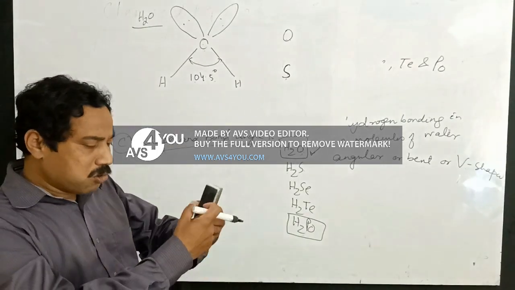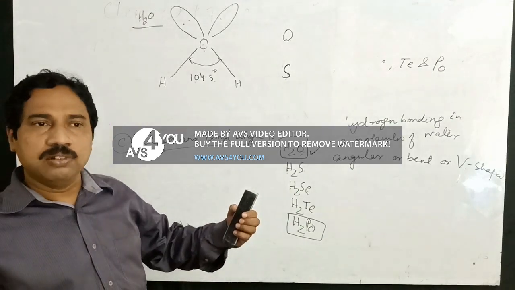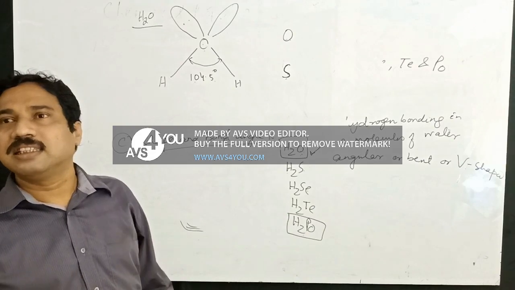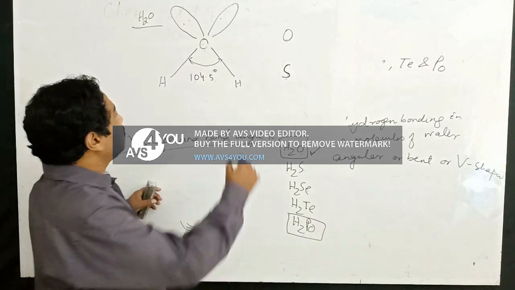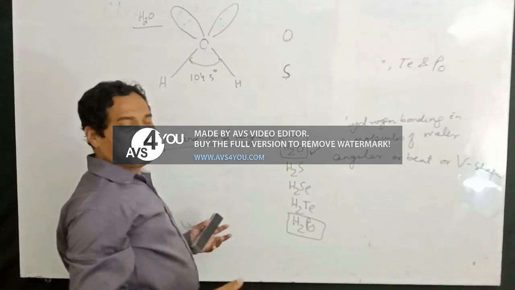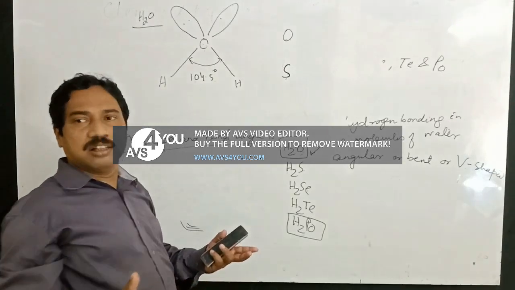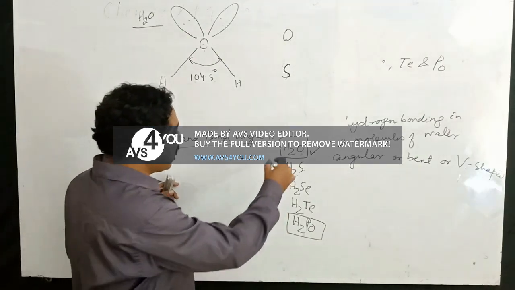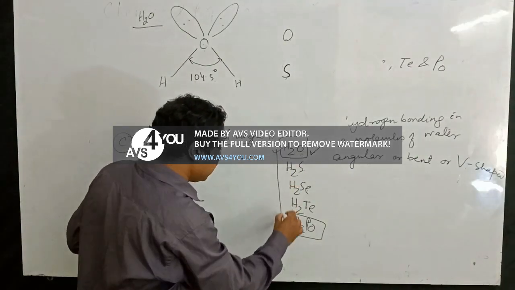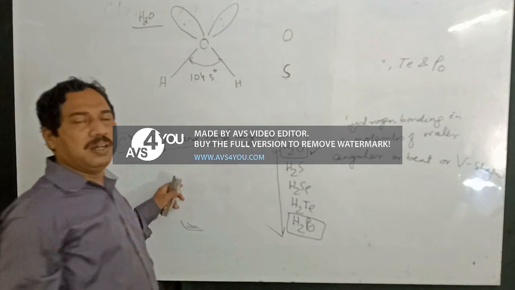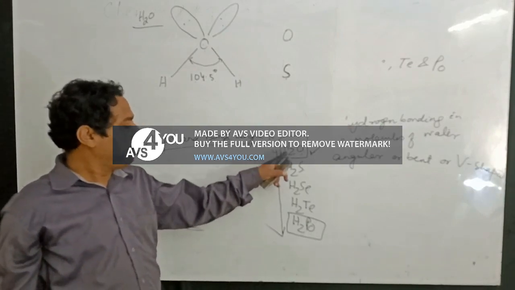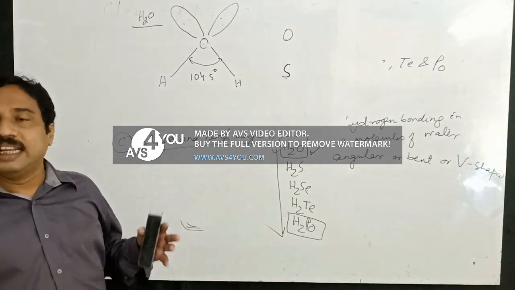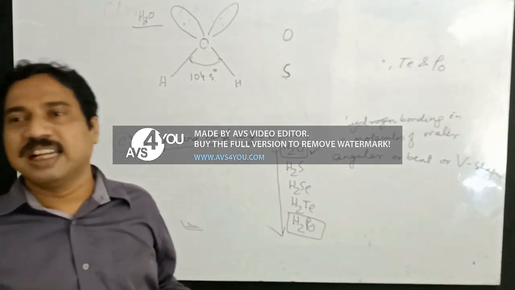As the bond pair moves away from the central atom, the force of repulsion between the bond pairs decreases. As the force of repulsion decreases between the bond pairs of electrons, the bond angle gradually decreases. Therefore, the bond angle of these hydrides gradually decreases on moving down the group, from H2O to H2Po, which is due to the decrease in electronegativity of the central atom.